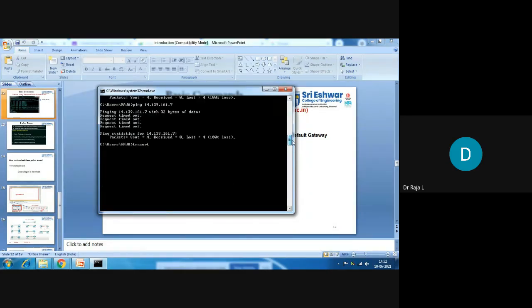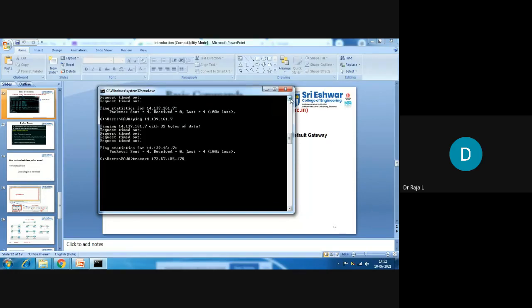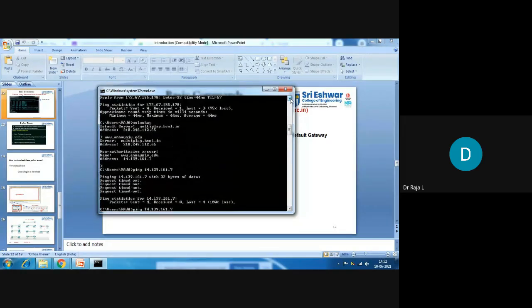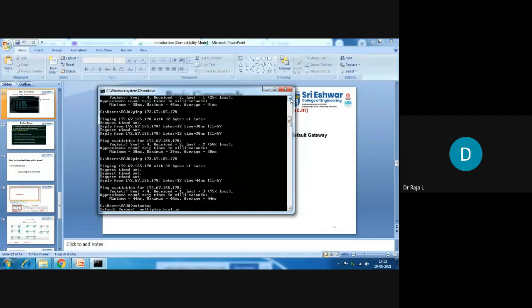I will type the command traceroute space 172.67.185.178. Is it correct, students? 172, 67, 185, 178.